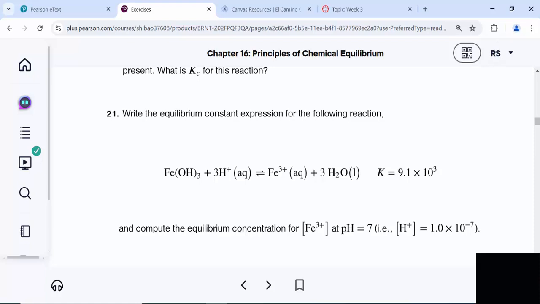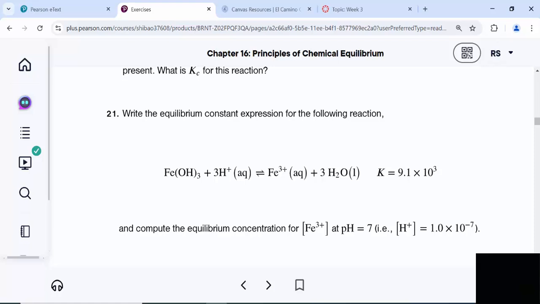This is a typo in the book. This has to be a solid. Okay. This is an acid-base reaction, Bronsted. This is a weak base, iron(III) hydroxide, even though it has 3 hydroxides. And the reason it's a weak base is not because it doesn't have a lot of hydroxide. The reason it's a weak base is because it's,